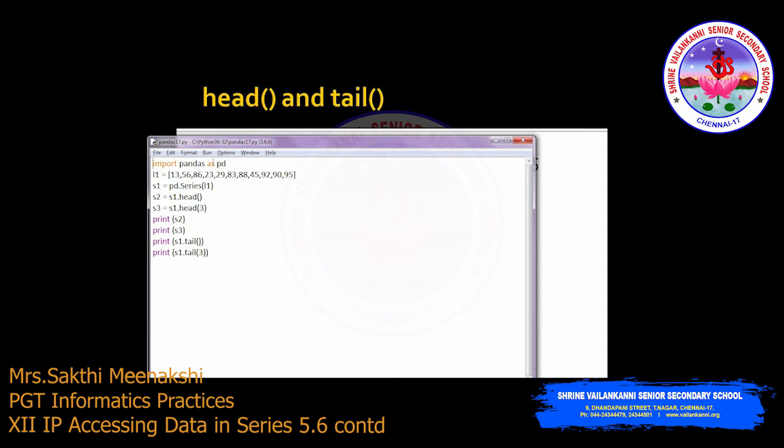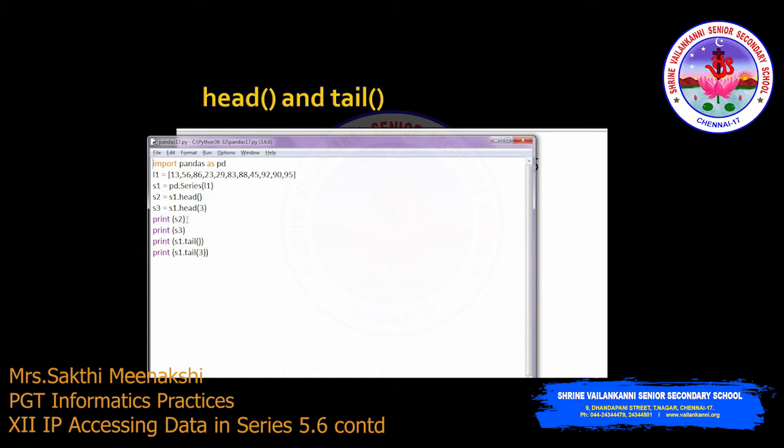In this program we have the pandas module, and then we have created a list and then we are creating a series. Here I am calling the function head. As you know, I am not passing any argument here, so this function retrieves the first 5 records. The first 5 elements of this series will be fetched and I am passing this to S2. S2 is my second series object and now S2 holds the first 5 values. Next, s1.head(3): the first 3 elements will be fetched and I am storing it in the object called S3. So now S2 and S3 are objects here.